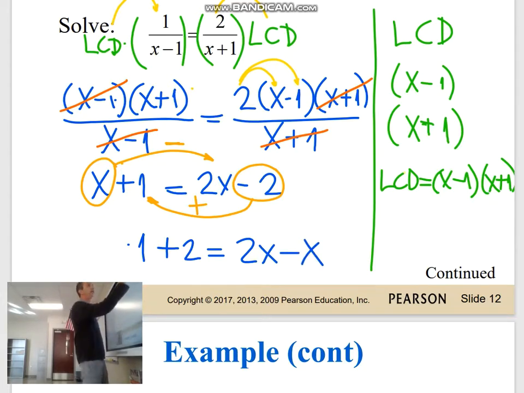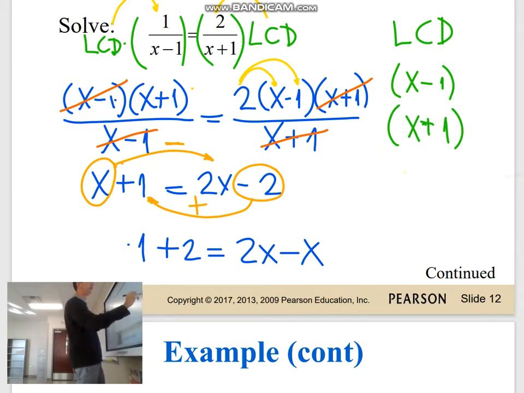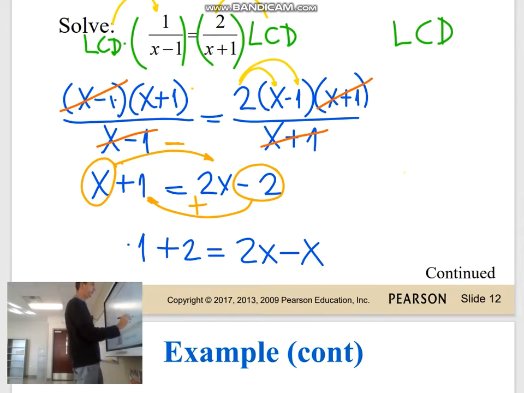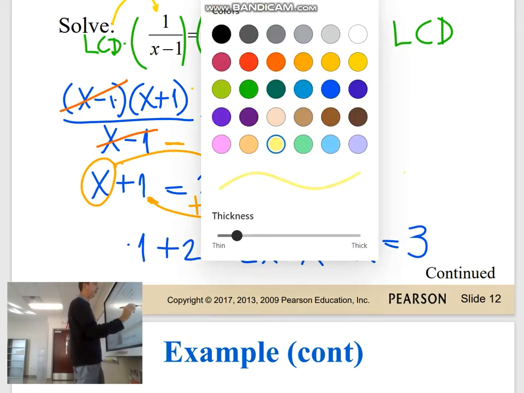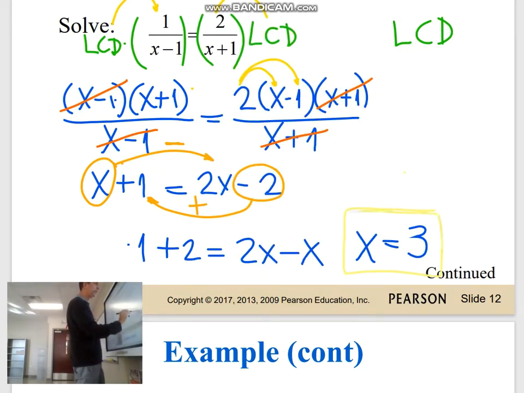This will make x equals 1 plus 2, 3. Okay, this is the answer, but before you celebrate, check if it is a good answer, because